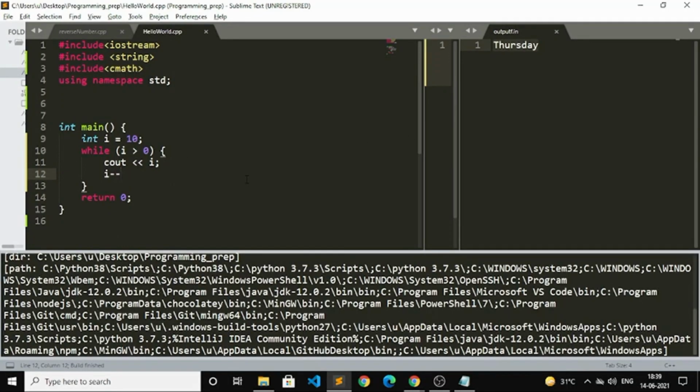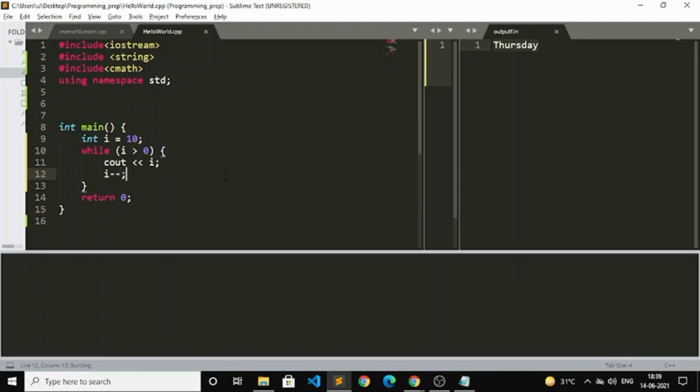Now on screen, a semicolon was missing. So again I will run this code and we'll see what the issue is, and if there is no issue, what output we are going to get. Here on screen, you can see that I have got all the output: 10, 9, 8,